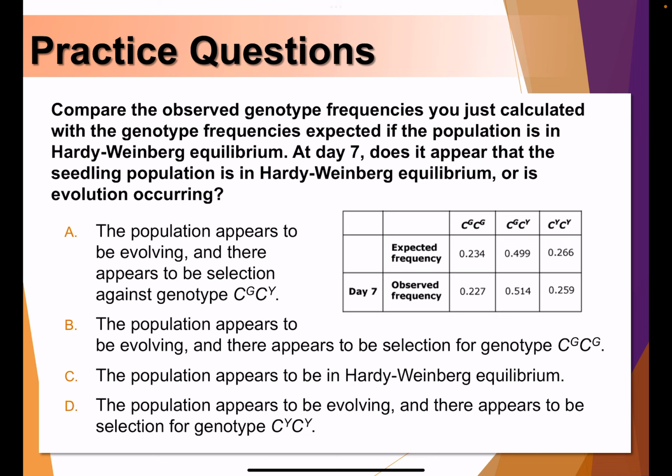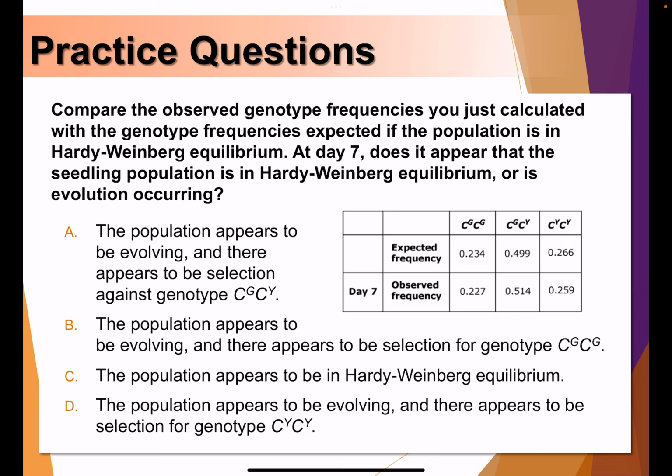So it should be C, the population appears to be in Hardy-Weinberg equilibrium, okay? Because all of the allele frequencies should add up to 1. Or you can see here the observed, in this case, we're just comparing observed with the expected. So this is pretty close. I mean, there's never a perfect scenario where observed frequency is exactly the same as your expected frequency, but that's close enough. So we say it is in Hardy-Weinberg equilibrium.